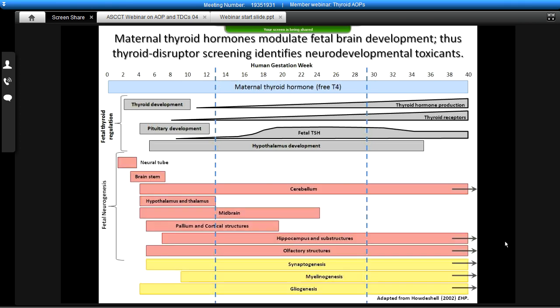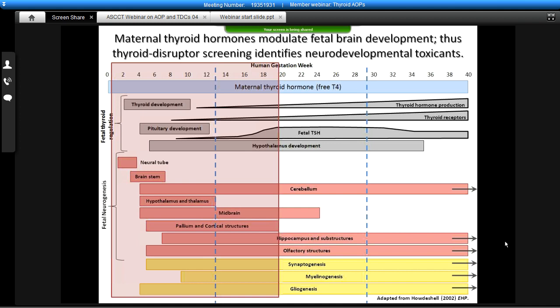Now, if I overlay the development of the fetal brain during this time, the susceptibility becomes clear. So you can see that the neural tube, brainstem, and other brain structures as well as processes to include synaptogenesis, myelinogenesis, and gliogenesis are all occurring and being modulated when maternal thyroid hormone is really providing thyroid hormone to the compartment and fetal thyroid hormone function is not yet online. Thus, women of childbearing age and developing children are the most susceptible populations to thyroid disruption, and these effects are